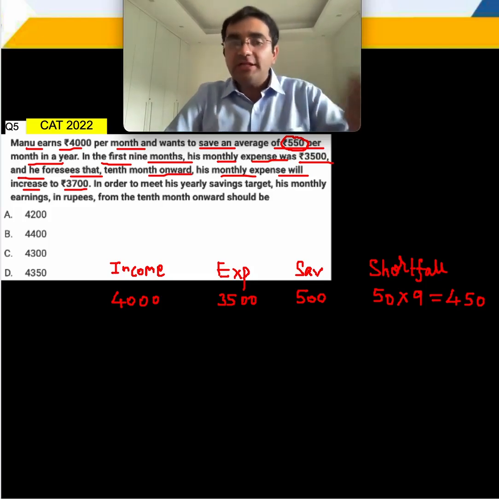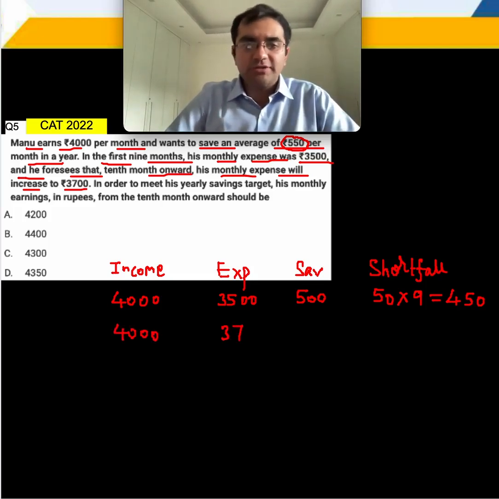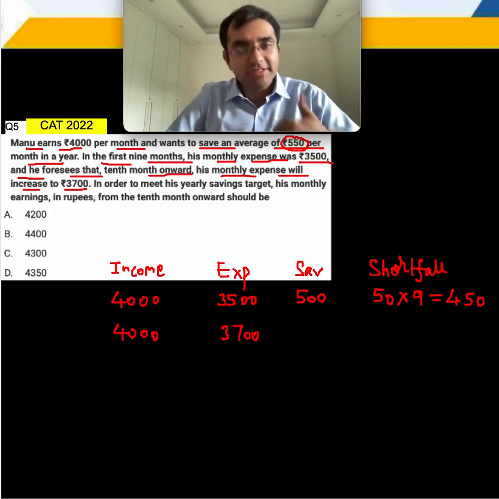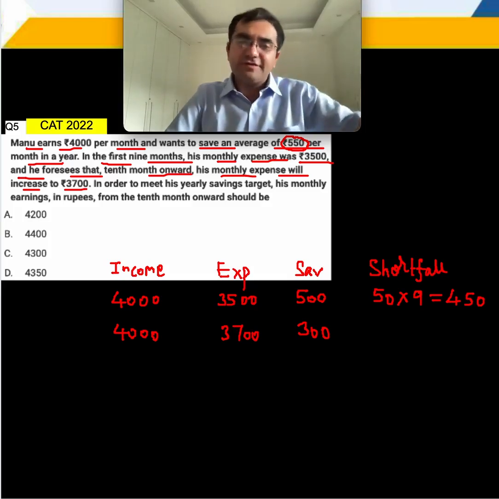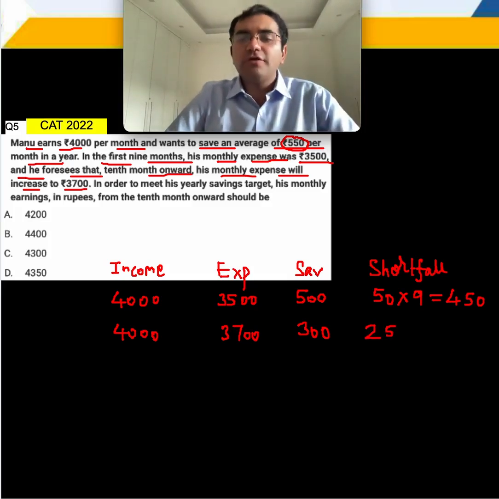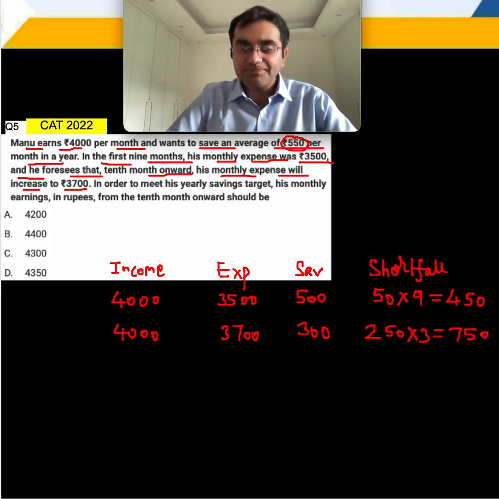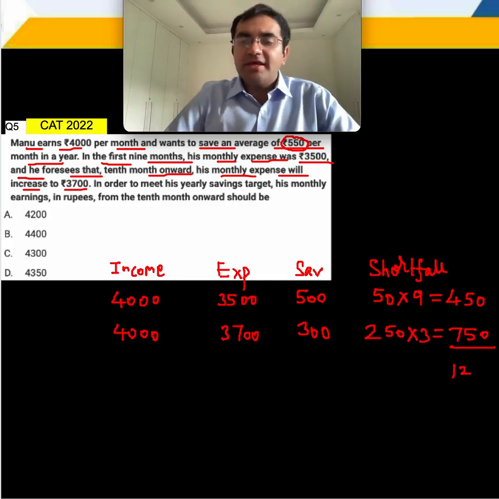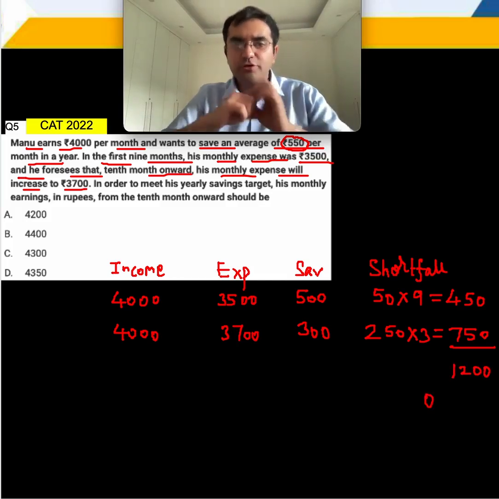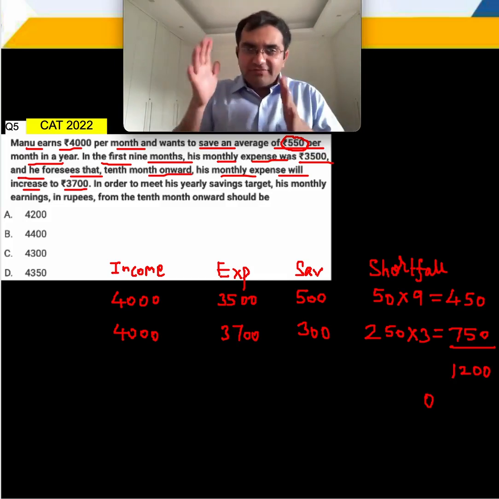And from the 10th month onwards, income is 4,000, expenditure is 3,700, savings are 300 but 550 chahiye. It's a shortfall of 250 rupees for a period of 3 months. That's 750 rupees. So overall अगर आप साल भर का देखो, there is a shortfall of 1,200 rupees, and this